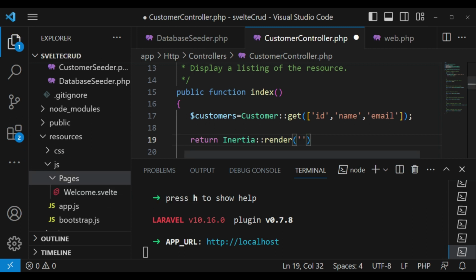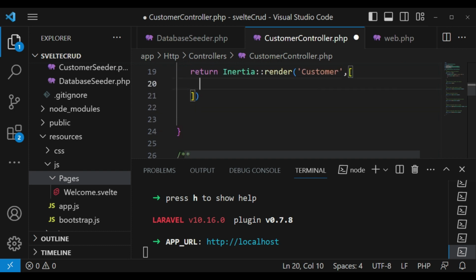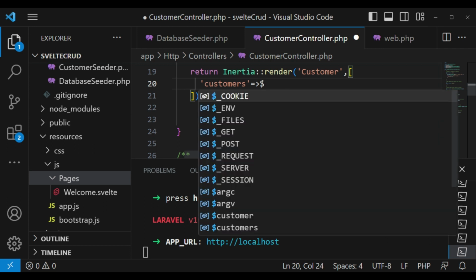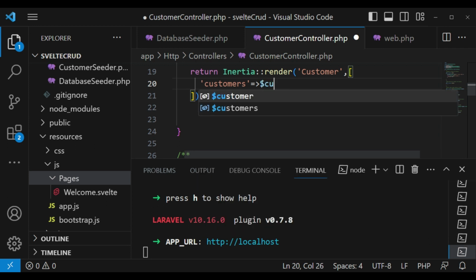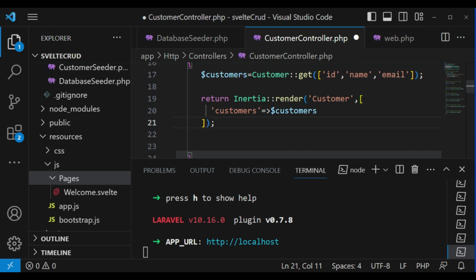So I'm going to create another page which we are going to call customer here, and then we are going to pass the array of values that we are getting from the Laravel end, and here what we have is just customers, and I will set it to the variable that we have above there, customers, like that. And I think whatever it is that we need to do on this side, we have done. I will close this with a semicolon, and that is enough for us to be able to receive the data